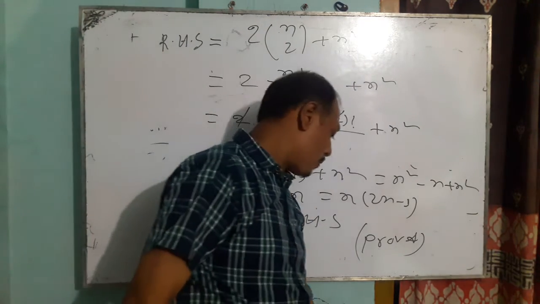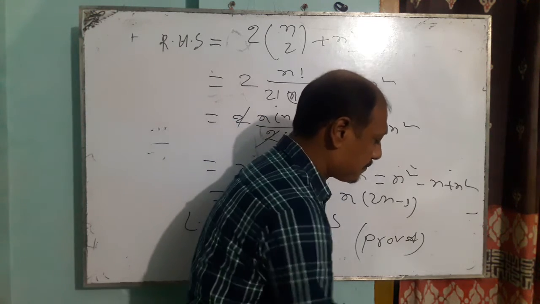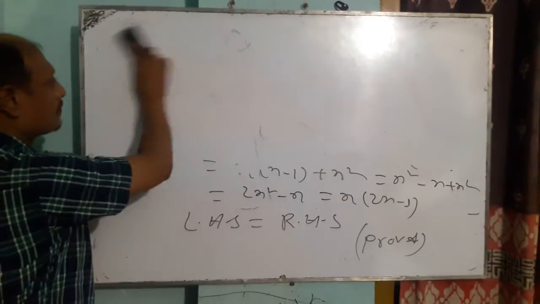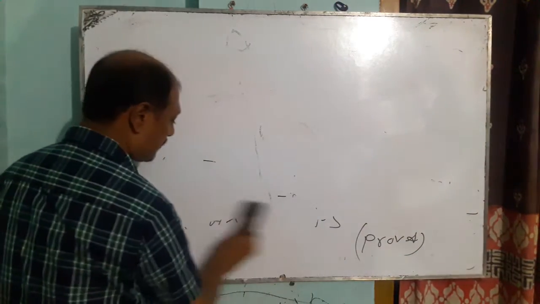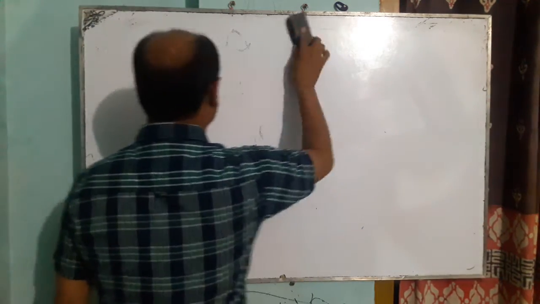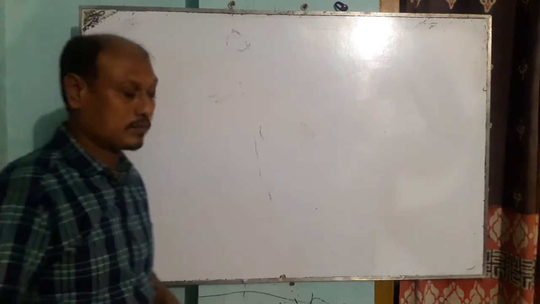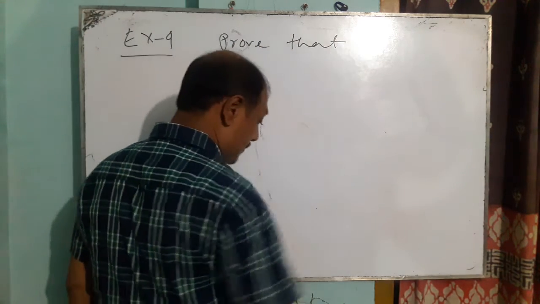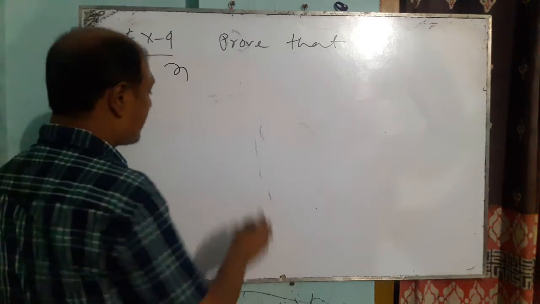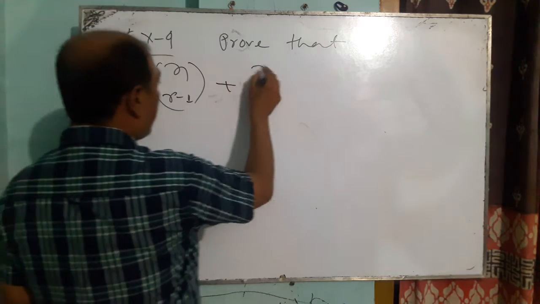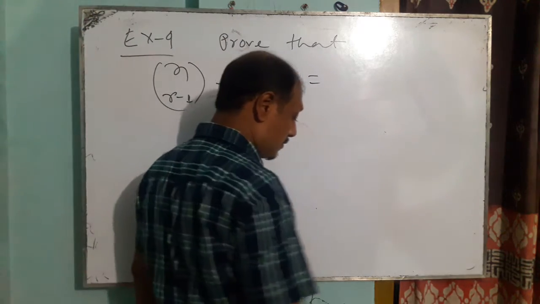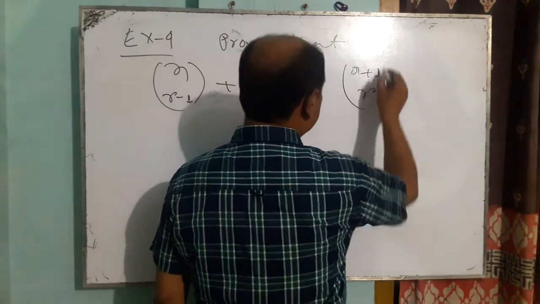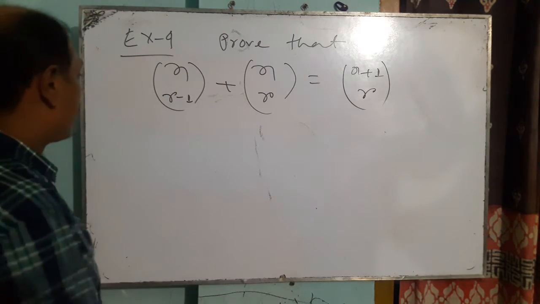Now I will solve problem 4. Problem 4. Prove that nC(r minus 1) plus nCr is equal to (n plus 1)Cr. Now from the left side